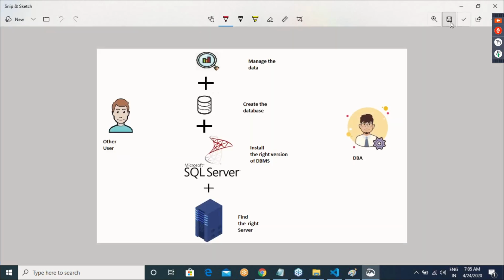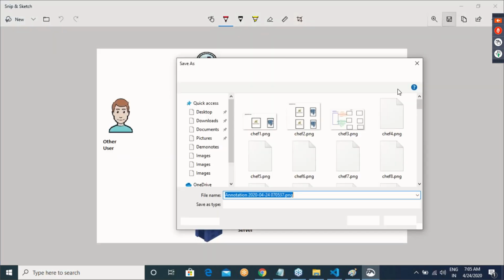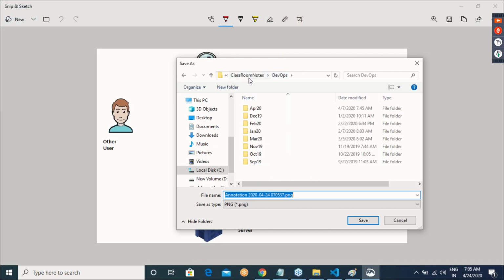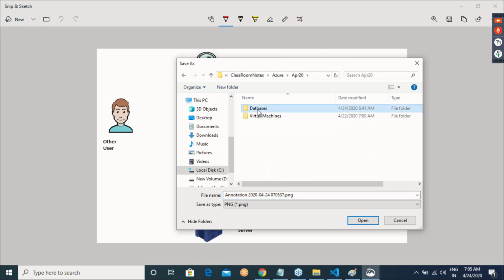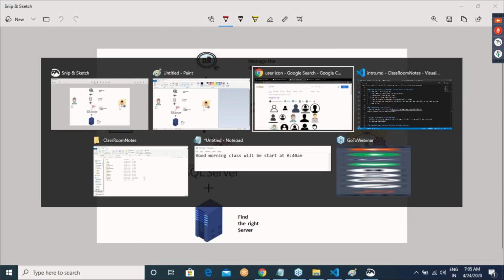So, let me save this image. We are in Azure Databases. Let me create a new folder called Images and Azure SQL 1.